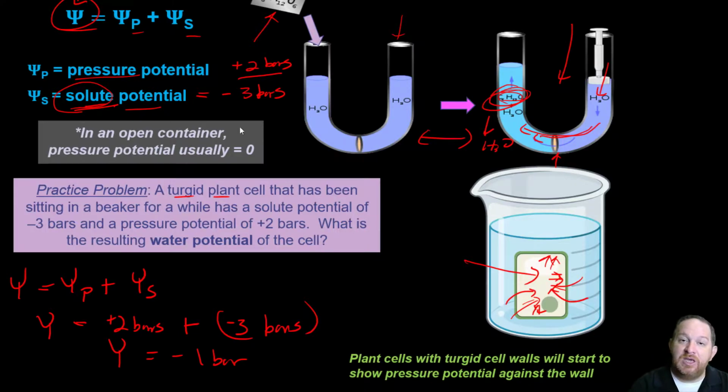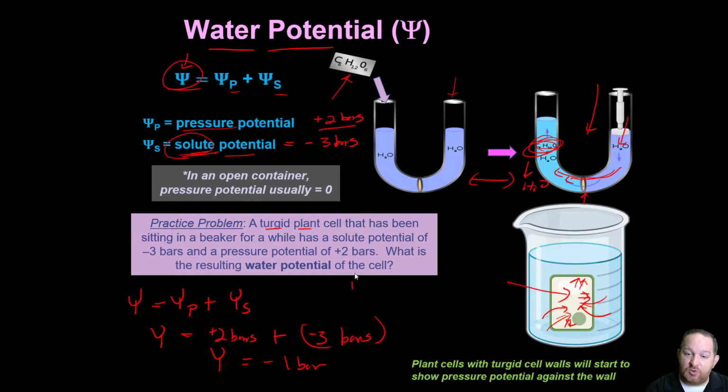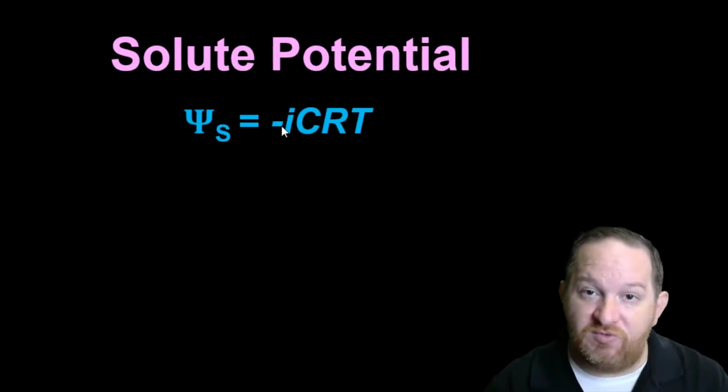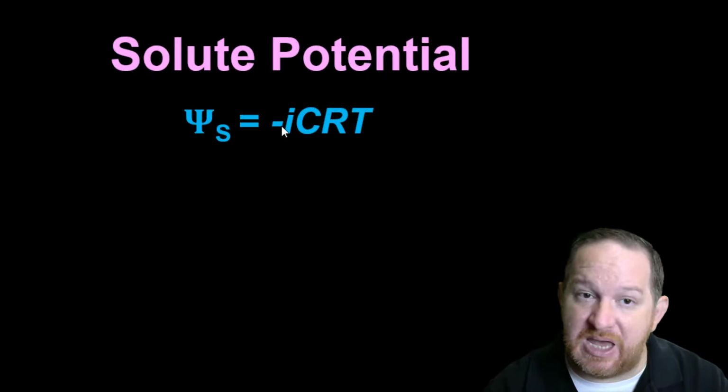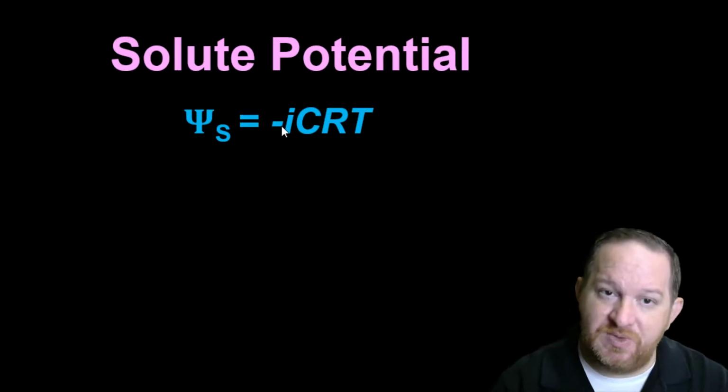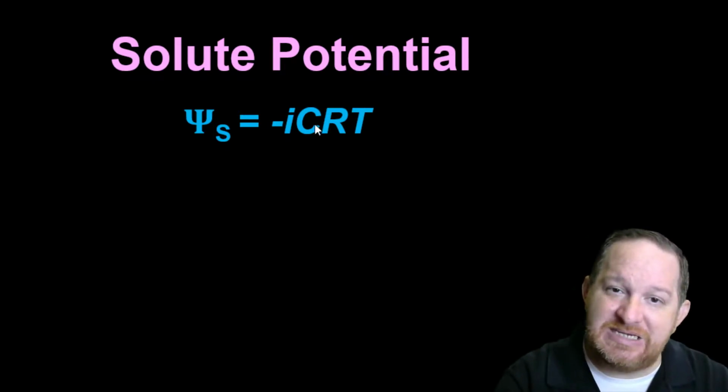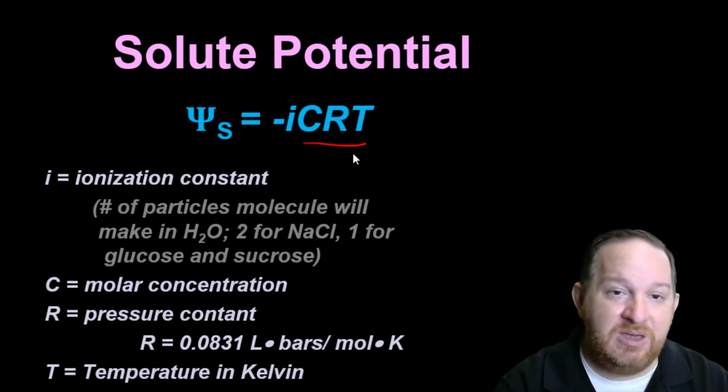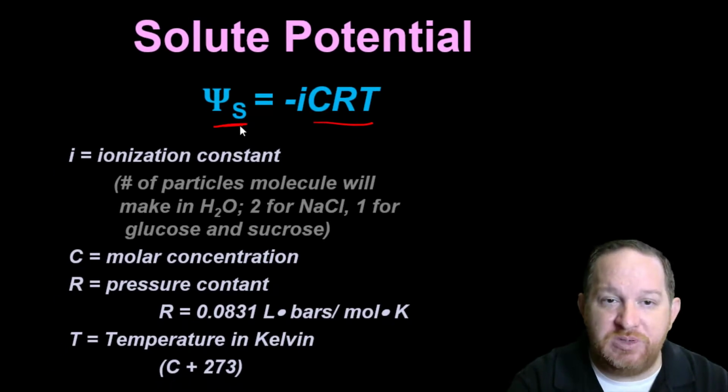Okay, in this case, this was a pretty easy problem because we gave you the solute potential and the pressure potential directly. You just had to add them up. What if you had to calculate the solute potential first? Well, we have another formula for that, and that's where we're going to end today. The solute potential has the formula -iCRT. And what that means is the solute potential can be calculated by taking the